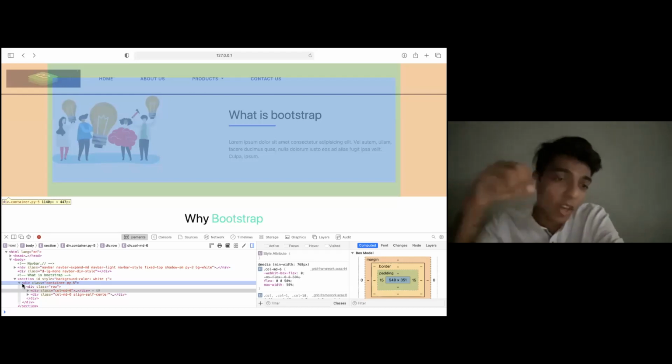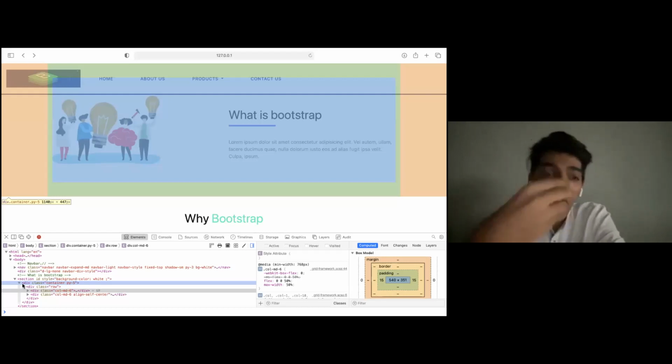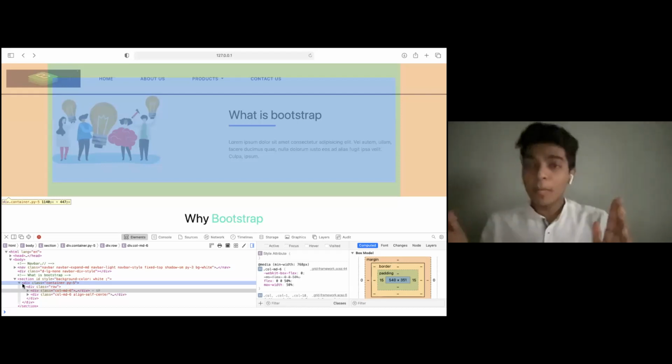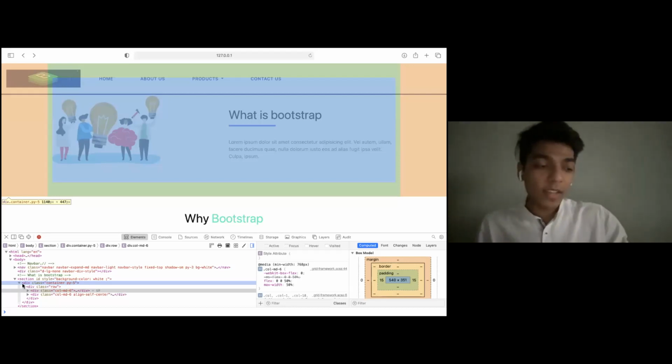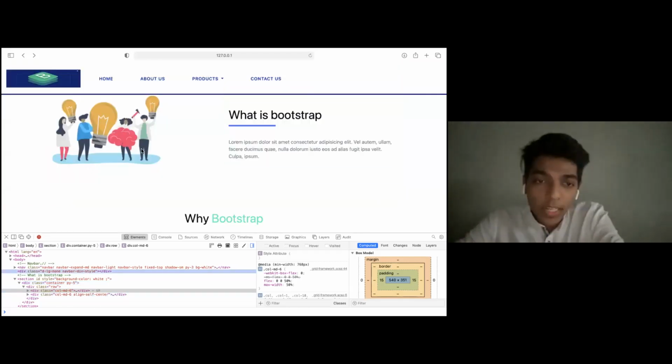As you can see, div.container.py5. So py5 is something that I have written, and for div.container, the container's padding is the orange that is provided to us by Bootstrap. So it makes everything come to the middle of the page, and then it keeps on making it concise, and it provides us with the necessary padding. So this is what a container does.